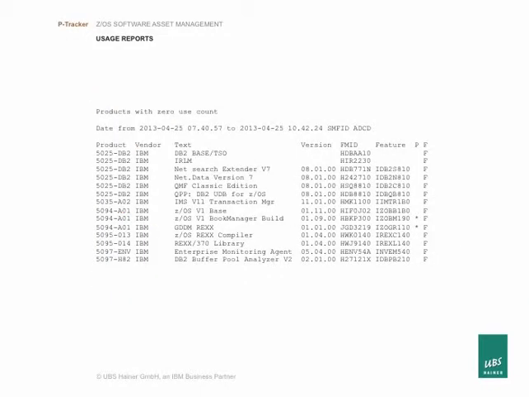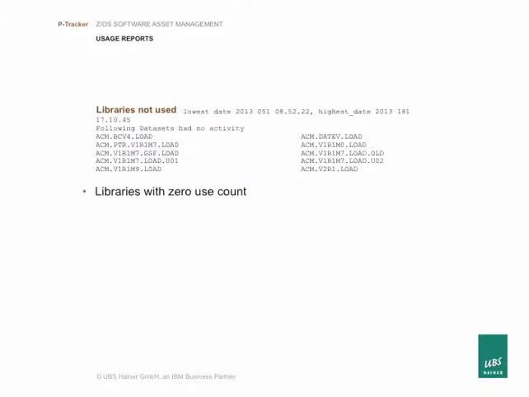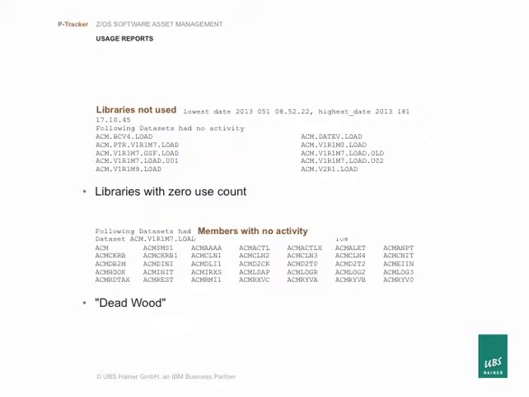Now here is an excerpt of a report that gives us products with 0 use count, and that is products or license or applications that were not observed in the requested observation period on that particular day. See the headline. In our example, on the 25th of April. This report is a 2-column report of libraries that were not touched, not used, datasets that had no activity, within the specified time frame. The second report displays what could be called dead wood, modules that have not been touched within the observed time frame of the library